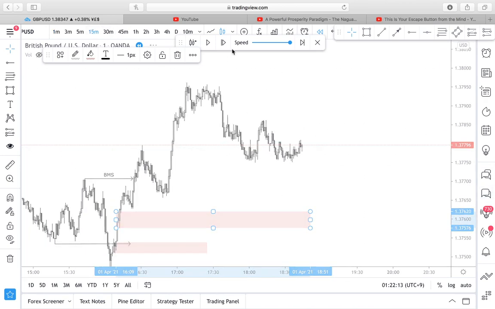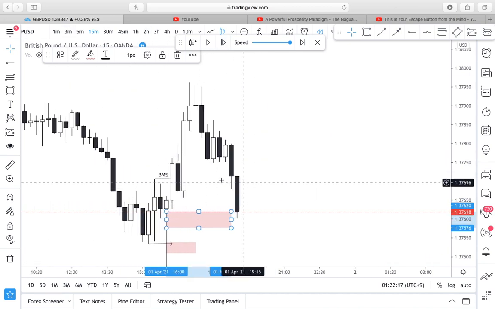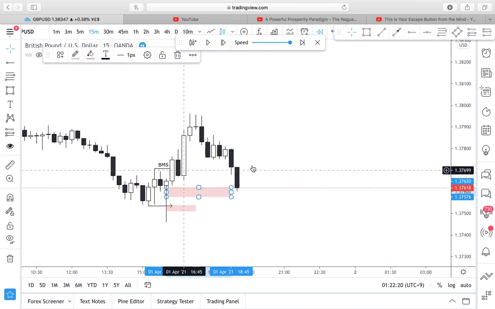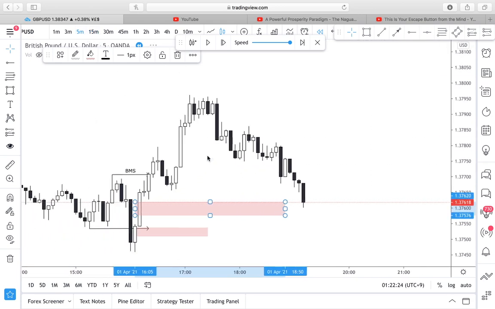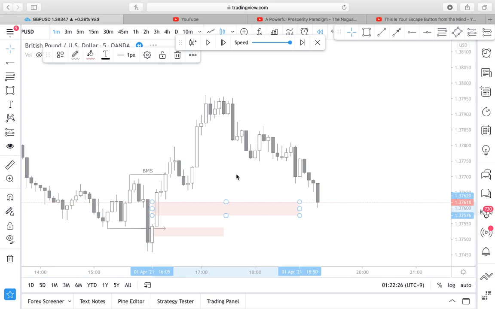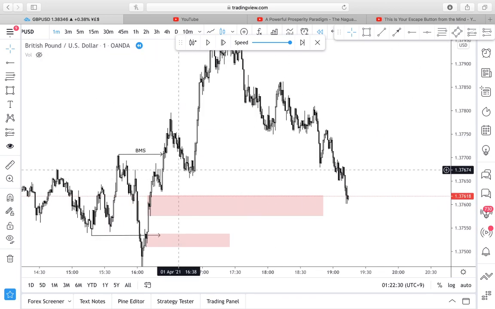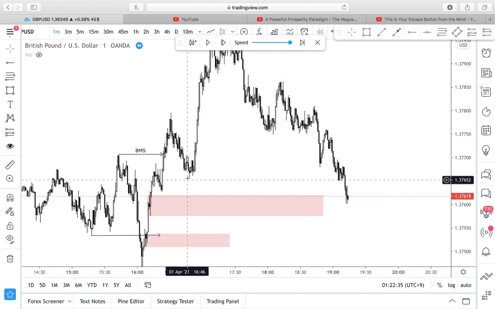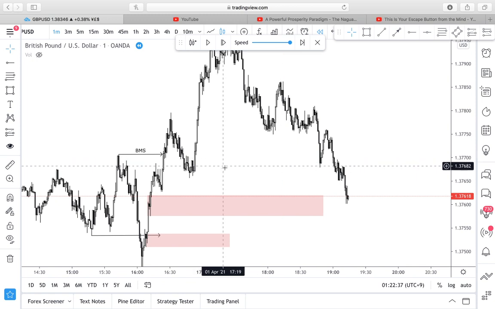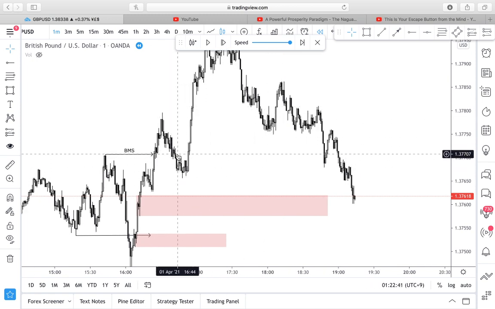Let me just fast forward. Now, some people want to buy from here, this 50-minute order block. And it does look like an order block. I can see why people would want to buy from there. But why would you take an entry there when you can't really see any liquidity to get taken out? It didn't take out liquidity, neither is there any resting liquidity right before it to enter off of. So if I was to enter off this 50-minute order block, I would just wait for 1-minute confirmation,